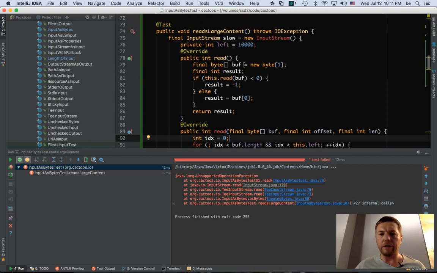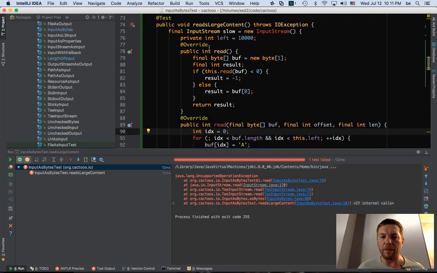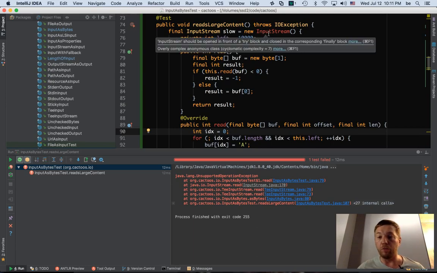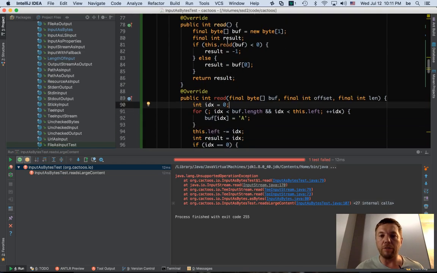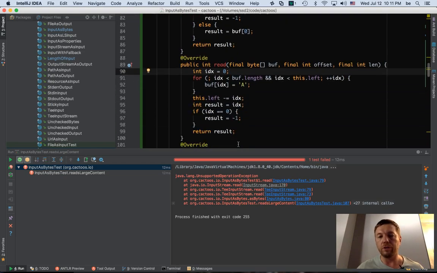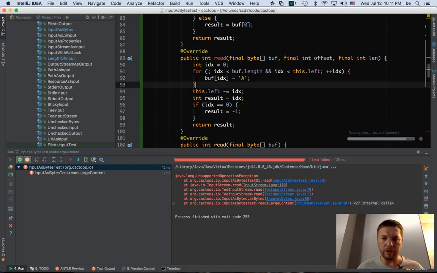So again, that's a really terrible, horrible design of the input stream. I wrote a blog post about how it should be done differently, but that's the way it is. So there are 3 methods which are supposed to call each other in the default implementation of the input stream, which surprisingly is not an interface, it is a class. So in order to implement your own input stream, you need to define 3 methods, 1, 2, 3, in order for this stuff to work correctly. So here we say buff, the offset is offset, the length is length. Actually, these two things will not be used, so we can just assume that it's going to work like that.